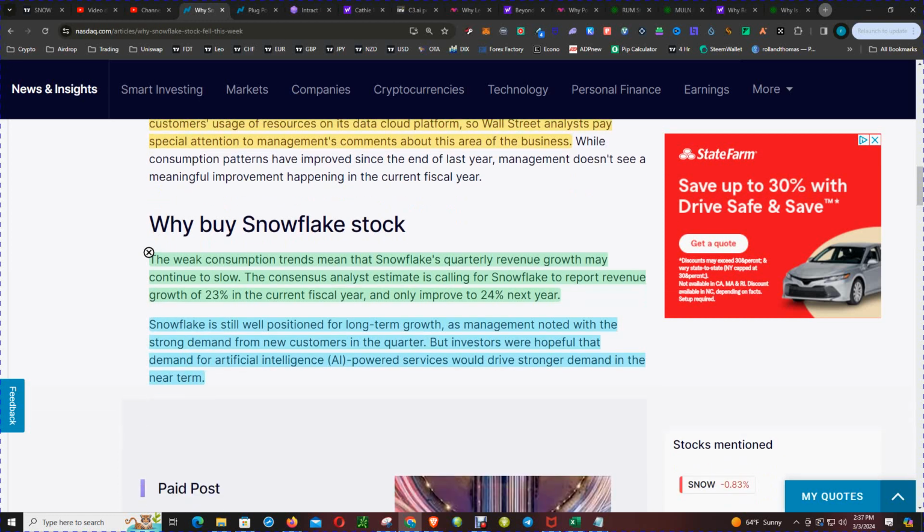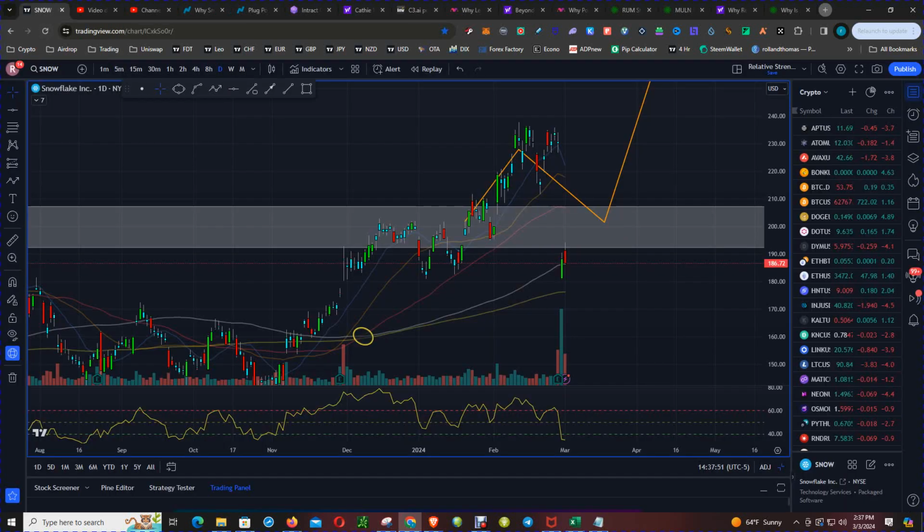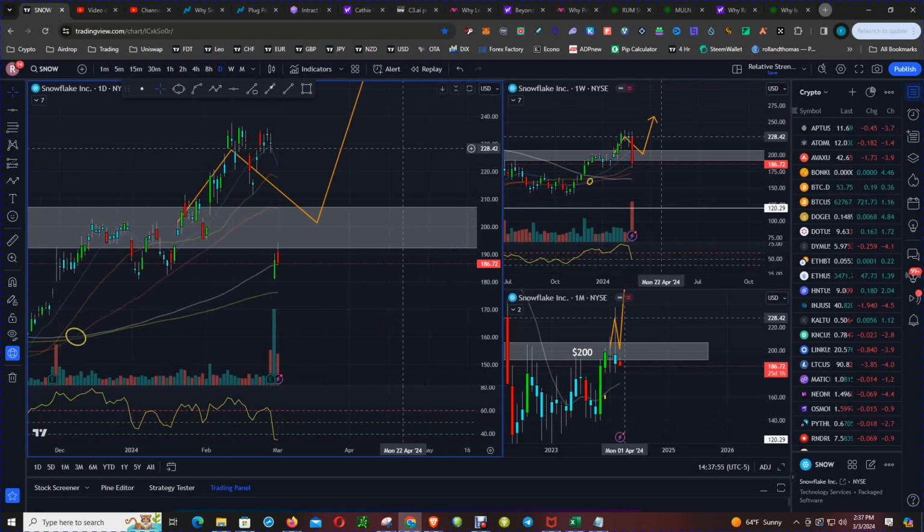However, Snowflake is still well positioned for long-term growth, as management noted the strong demand from new customers in the quarter. But investors were hopeful that demand for AI-powered services would drive stronger demand in the near term. All right, so this could be seen as an opportunity rather than